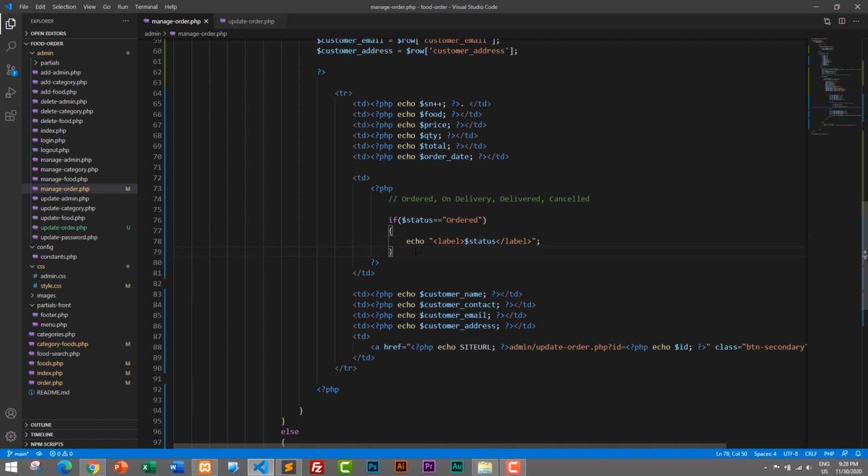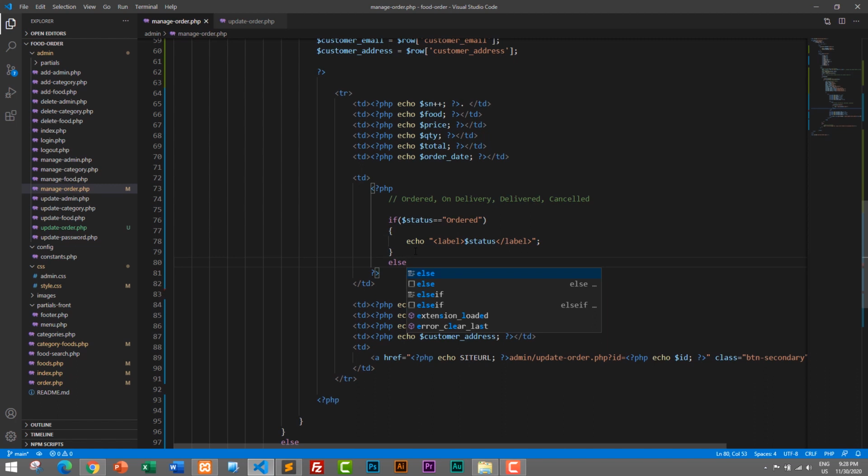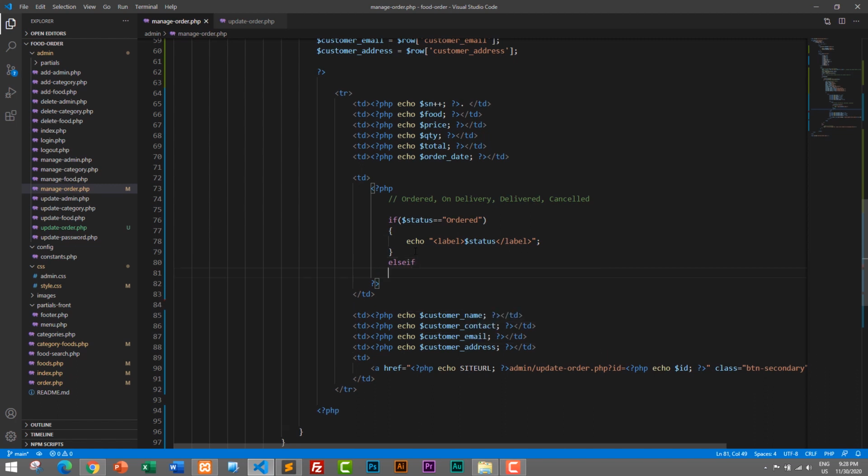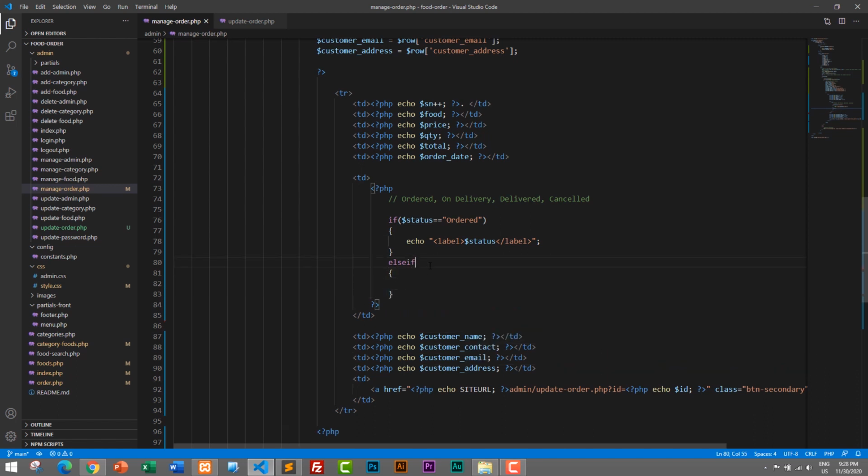And also else if, we need to check the condition, else if $status is equal to the second one, on delivery, and then I will echo display. I will just select the same, Ctrl C, and paste it here, Ctrl V,